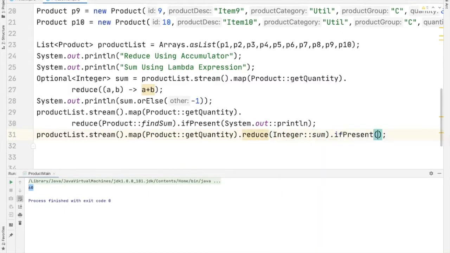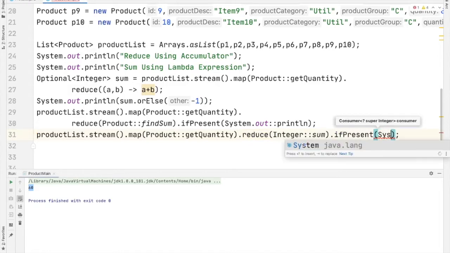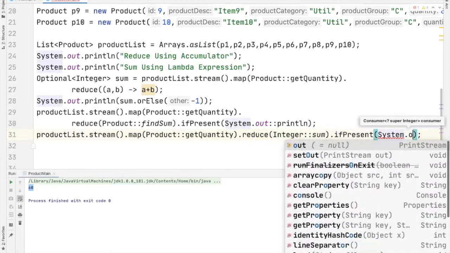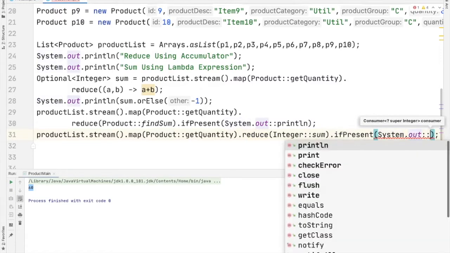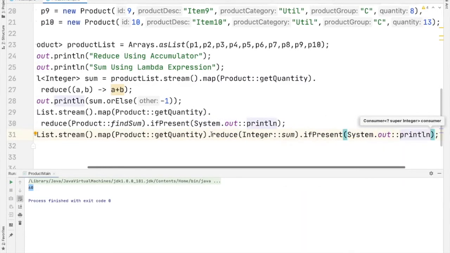Then we have to check if the result is present or not using the ifPresent method. Next we'll print the result. System.out::println.